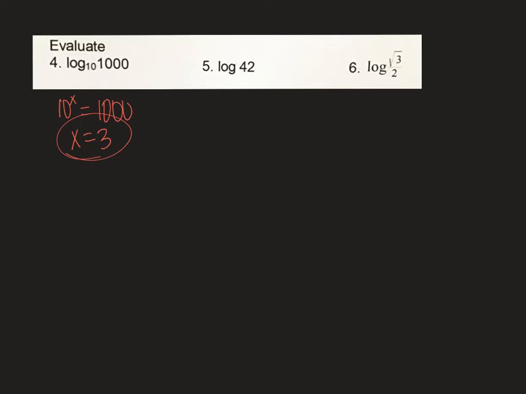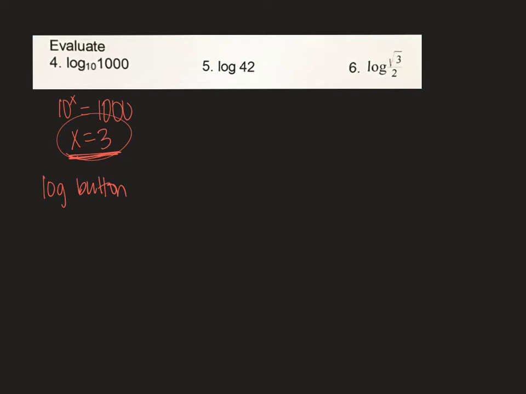3 buttons up from your on button on your calculator, it says log. So you're going to push that log button on your calculator, and you're just going to type in 1,000 because you don't have to worry about a base. You already have a base in there. And you're just going to type in 1,000, hit the enter button, and you're going to get that answer of 3 again,